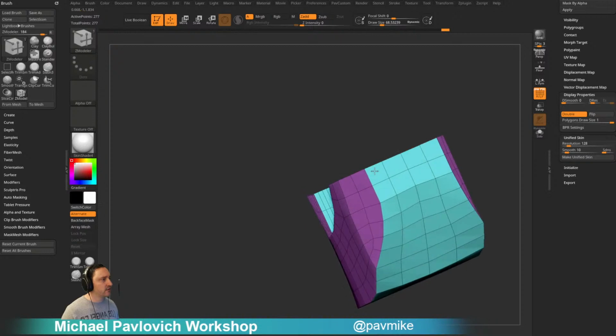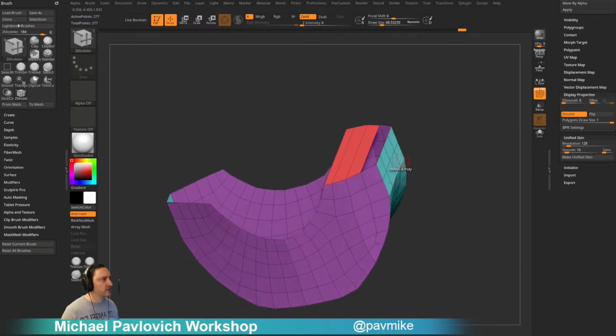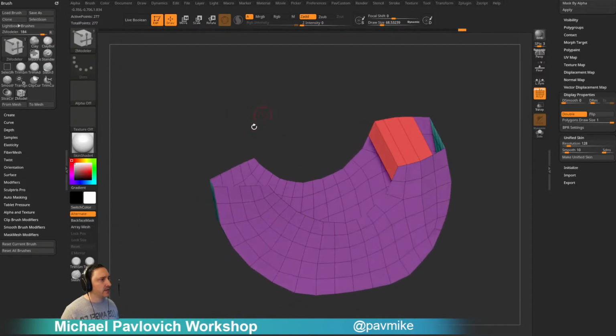We are going to have to do a mirror and weld at some point if we wanted these to actually weld to the front and the back. You know what? I'll show you how to do that in just a second. This is going to be a little bit boring, sorry. Entertain yourselves